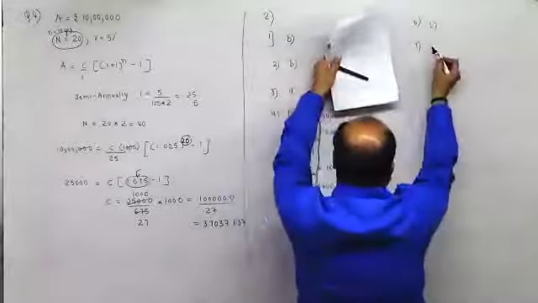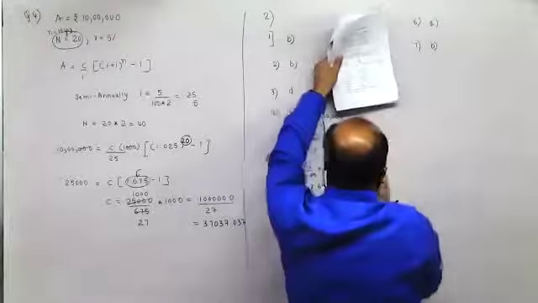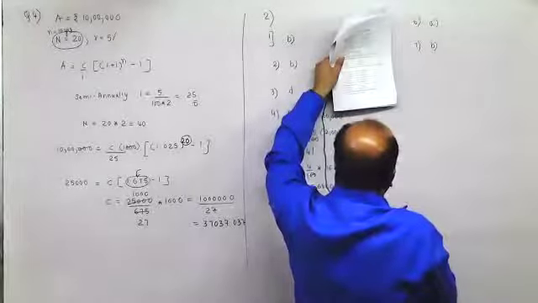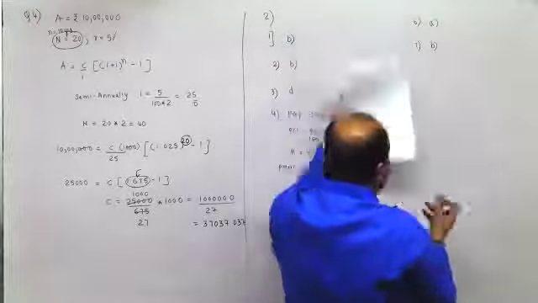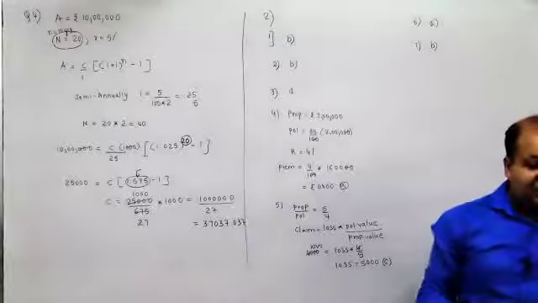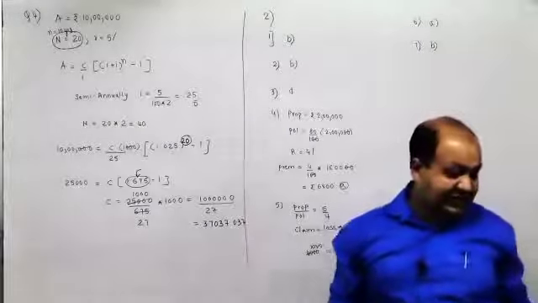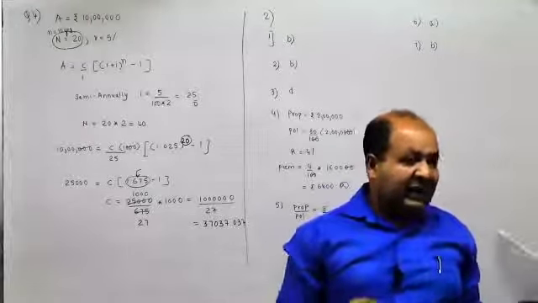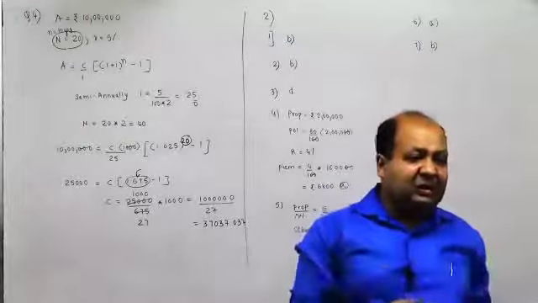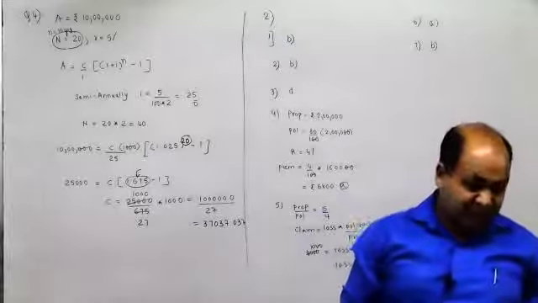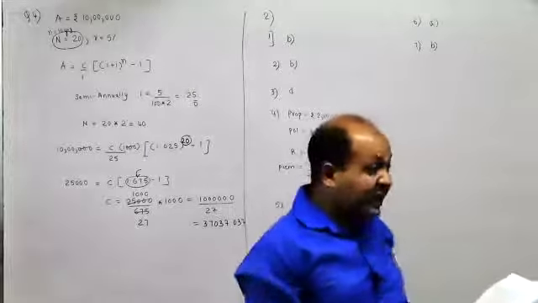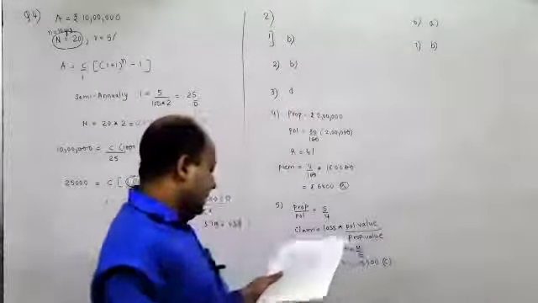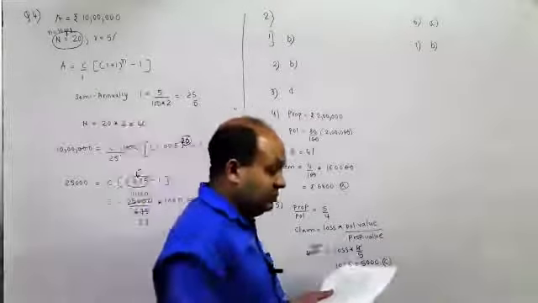Sir, in the textbook's solved example also they have taken insured value as policy value only. Policy value is the same as insured value. So I wonder why they have given this answer as only policy value. When I say policy value, it is the amount to which I have insured it. So ideally it should have been D according to me. It shouldn't have been B. Policy value and insured value are the same.